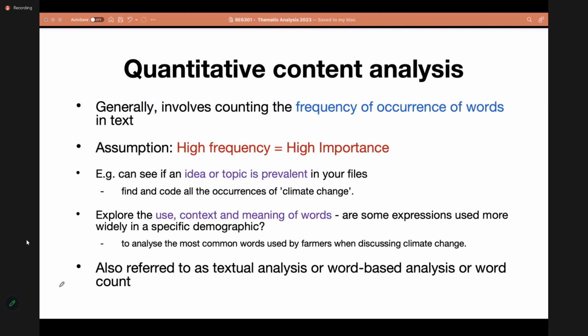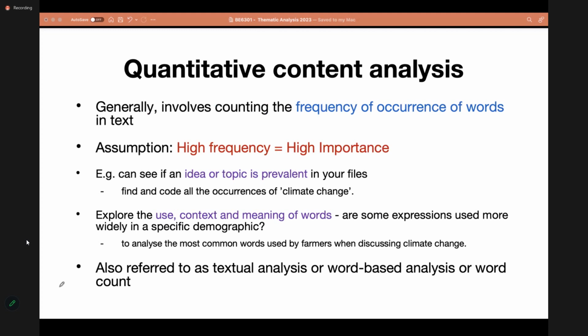So simply, what you're trying to do here is count how many times a particular word or phrase occurs within the text that you're analyzing. So you're trying to get a frequency of occurrence.